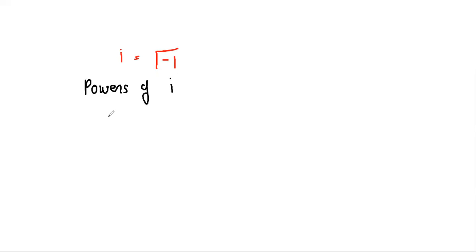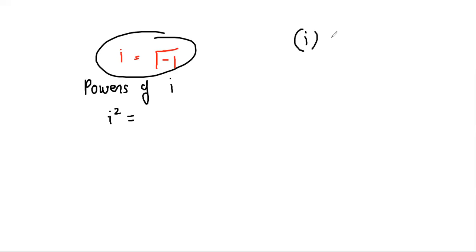So write down here, i is already given as square root of -1. Now if I write down i square, this i was equal to square root of -1. If I take the square here, I'll get a square here also. This square will cancel this root. What will remain with me? -1. So what I'm getting is i square as -1.